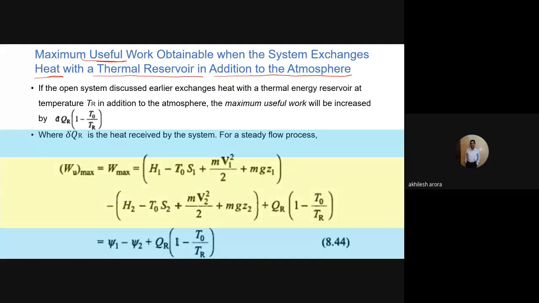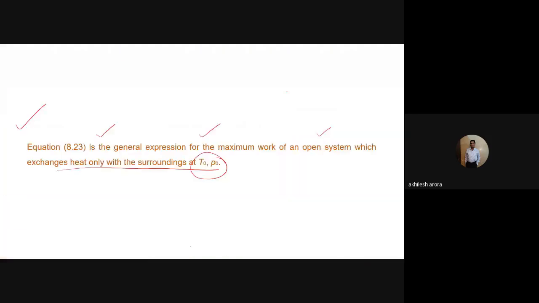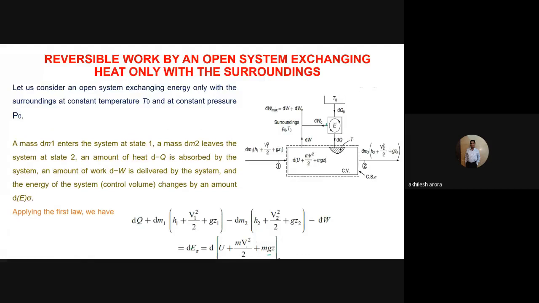Now I would like to take you back to the first slide where the diagram is shown. Let us see it here. This is the slide. You can see this is the atmosphere at temperature T naught. This is a reversible heat engine, and we are transferring heat to the control volume at temperature T, and this heat entering the control volume is delta Q, and there is no other reservoir besides the surroundings.